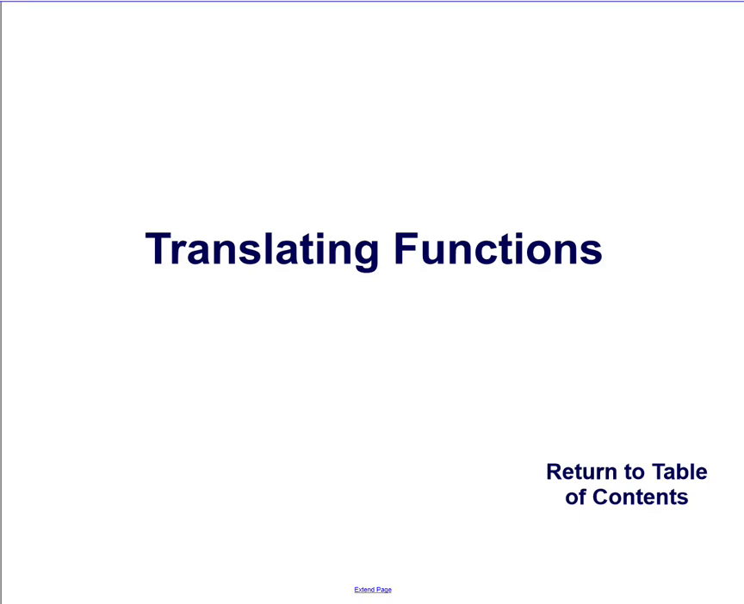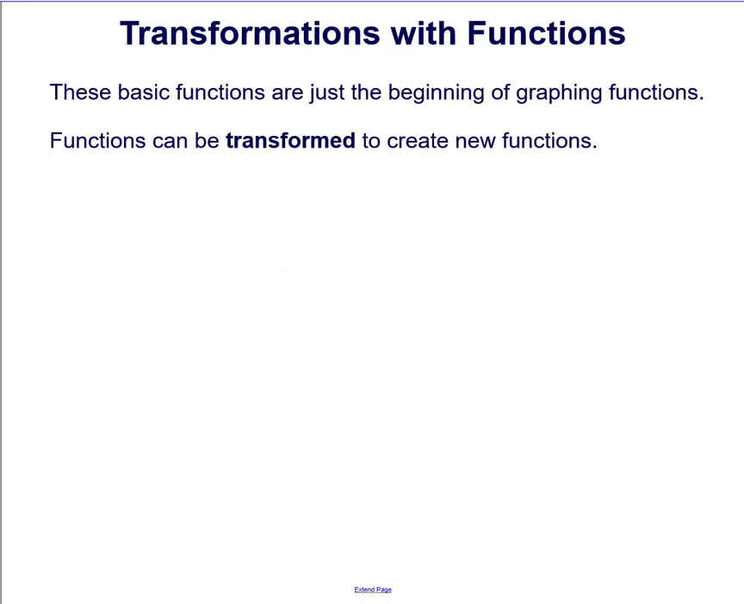Translating functions. These basic functions are just the beginning of graphing functions. Functions can be transformed to create new functions. This word transformed is a generic term covering a list of movements that a graph can undergo. For example, a graph can be moved left or right. That's a transformation. A graph can be moved up or down. That's a transformation. Rotation, reflection, or even changing the size by shrinking it or expanding it, are all types of